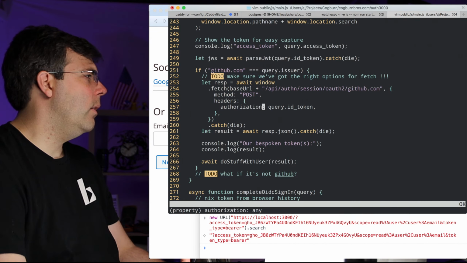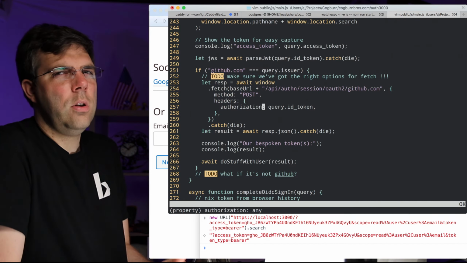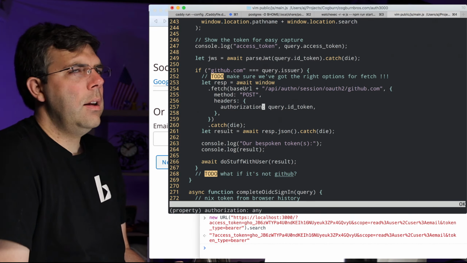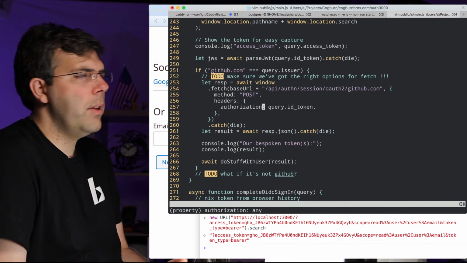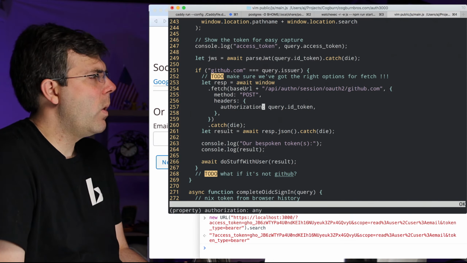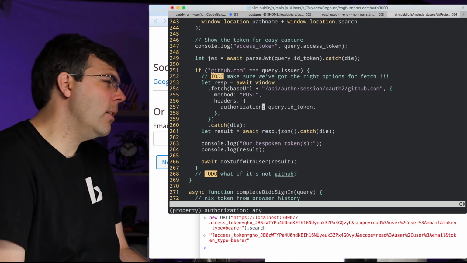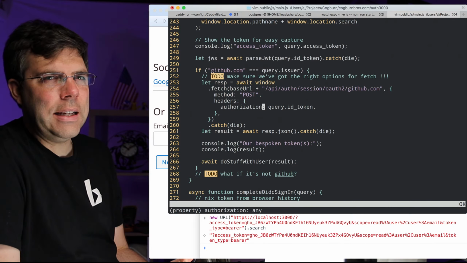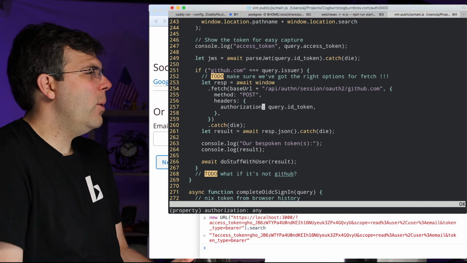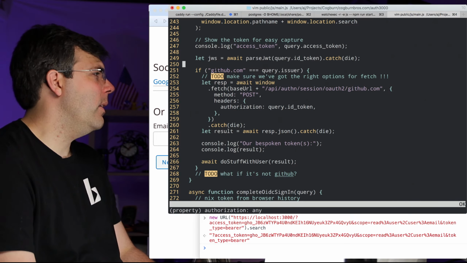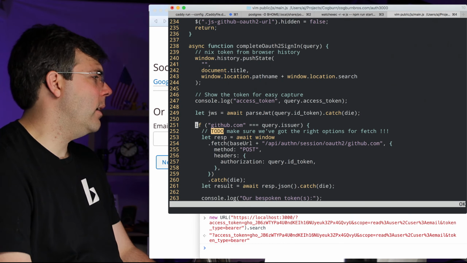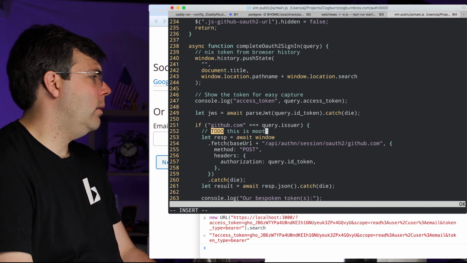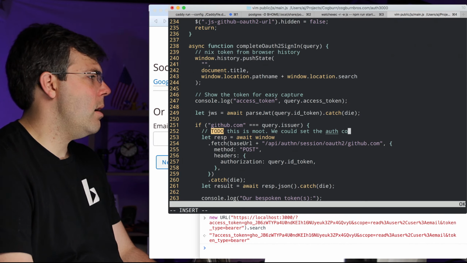Okay, I think I'm already doing something that I shouldn't do. Because what I should do is when I get the GitHub token and I verify it, I should probably set the cookie on the auth endpoint at that time and not swing it back to the browser to have the browser then go back again. But in order to keep the flow the same for right now, I'll just put a to-do on this. I'll say to-do, I'll put it inside of this. To-do, this is moot. We could set the auth cookie